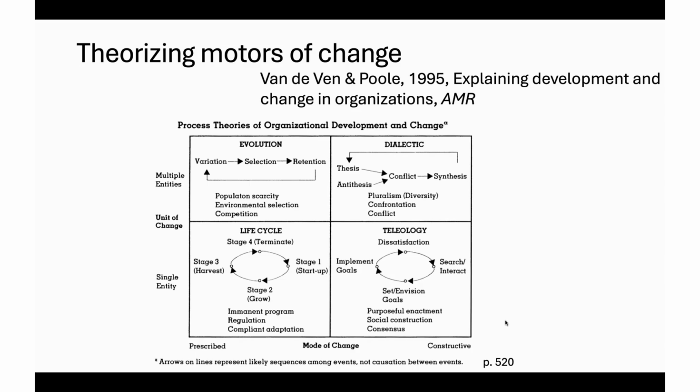It is a classic. It is well cited for a reason, because it really gets into, when we're thinking in terms of process, what different types of process we are going to have, depending on the mode of change and the unit of change. So you can have a fairly simple sequential process, which is an evolution process, with multiple entities related, and then you have variation, selection, retention, and you come back. It's at a population level. It's an evolution. In science we have many theories of evolution, and it's very useful to think about what is